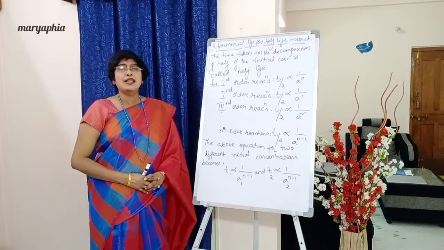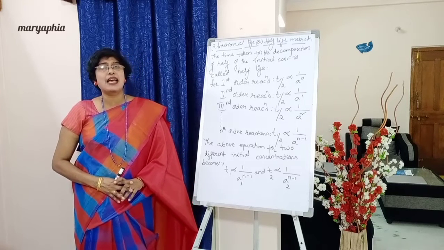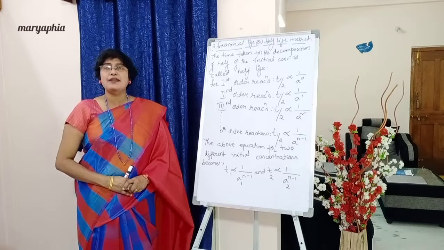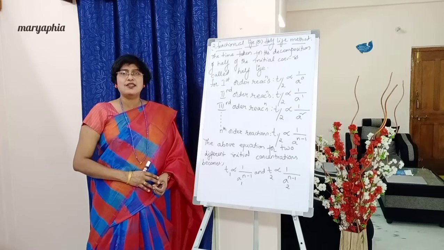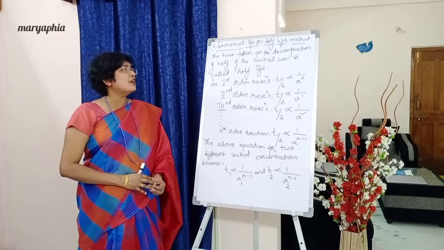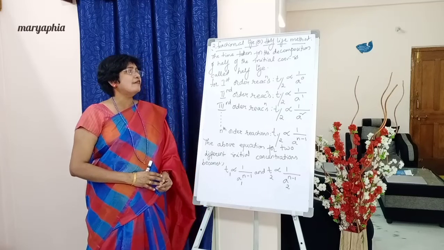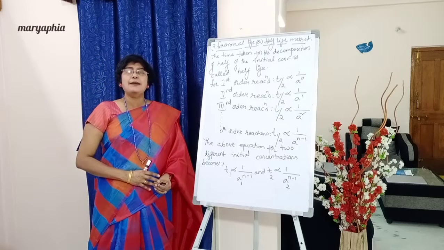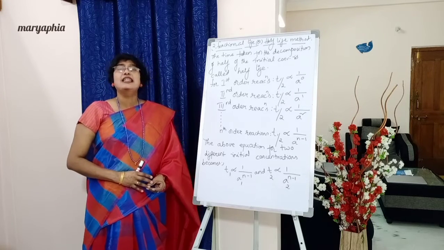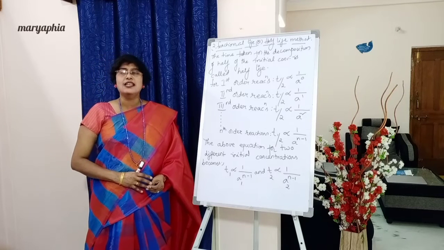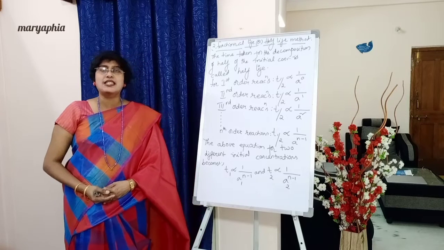Okay, so do you remember, after deriving the expression for rate constant in each kinetics, we have seen the relationship between half-life and initial concentration also, under characteristics? Yes, do you remember? Right. So for first order reactions, write down, students, t half is proportional to 1 by a power 0. What is the meaning of it? It is not depending on initial concentration. It is independent of initial concentration. A power 0 is 1, and 1 by 1 is 1. So that means it is not depending on initial concentration.